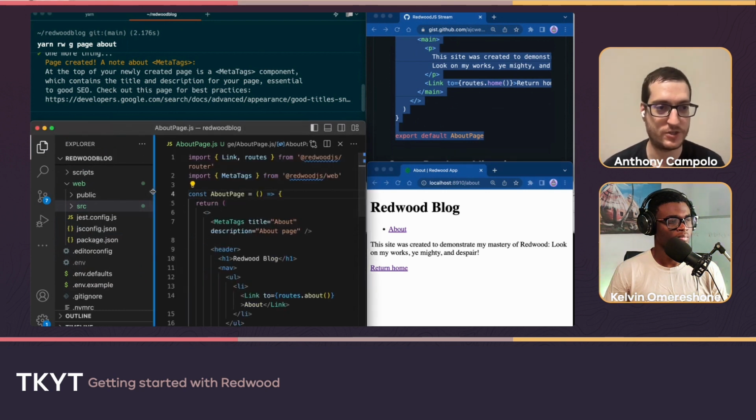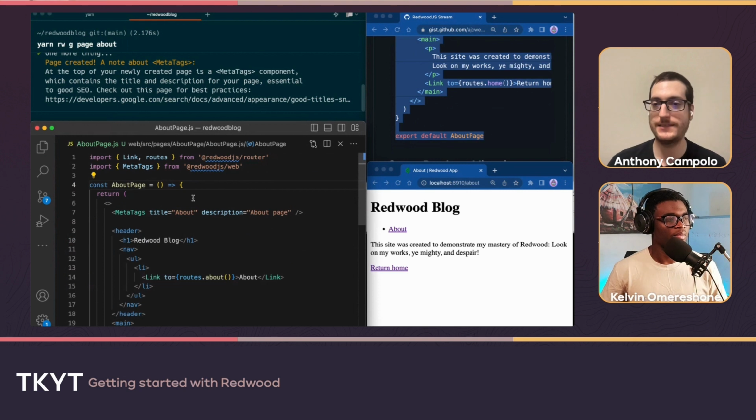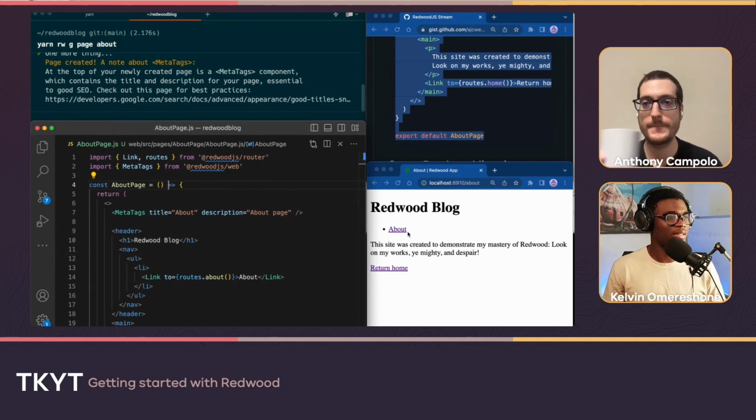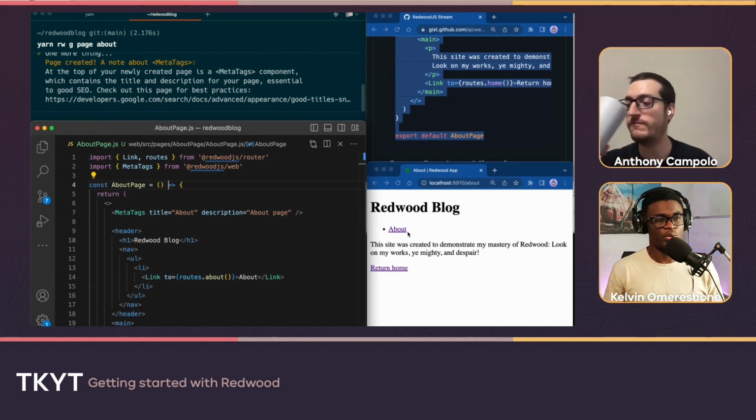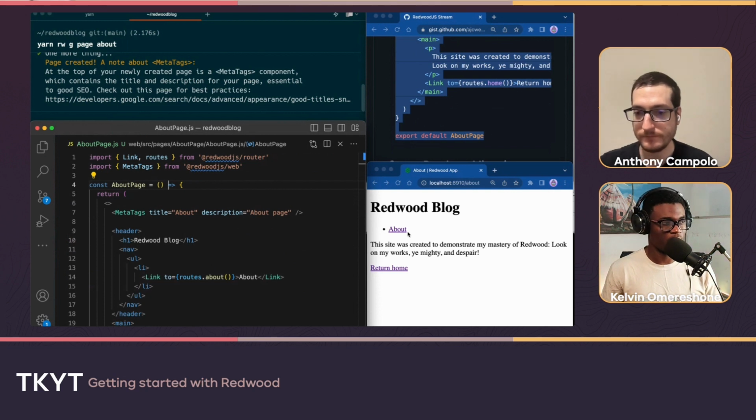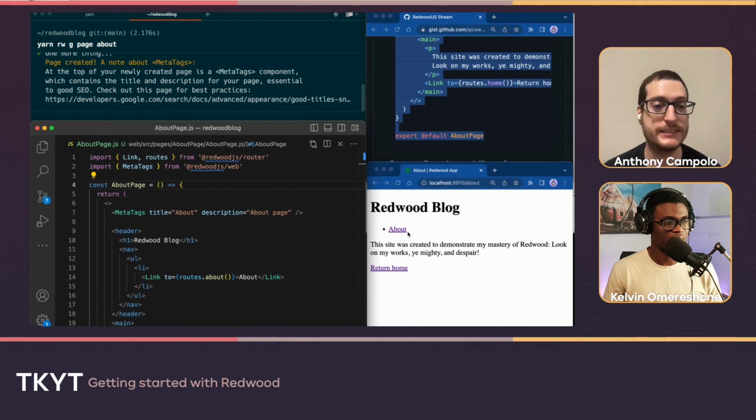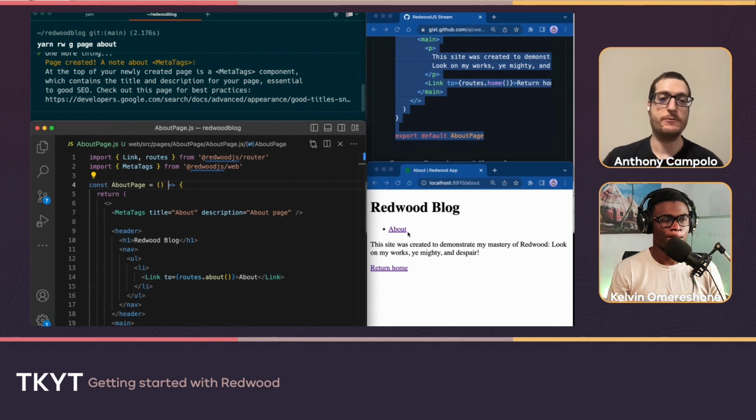So do you have any questions so far based on all of that? Yeah, a couple. One is, is Redwood wrapping React Router, or is it its own custom router? It's its own custom router. That is a really important part of what made Redwood unique when it first came out, is that it wasn't using React Router and it wasn't using Next as a front end to bolt a back end onto. It was all made from the beginning.